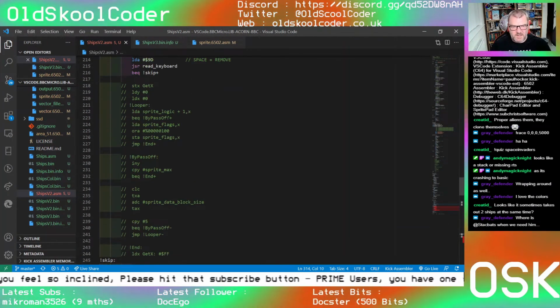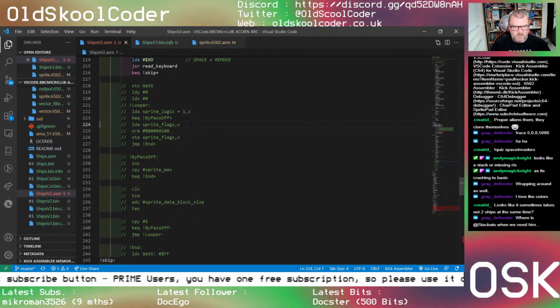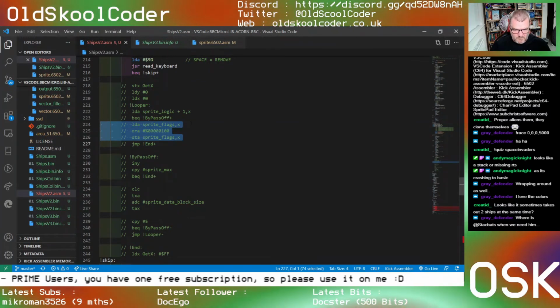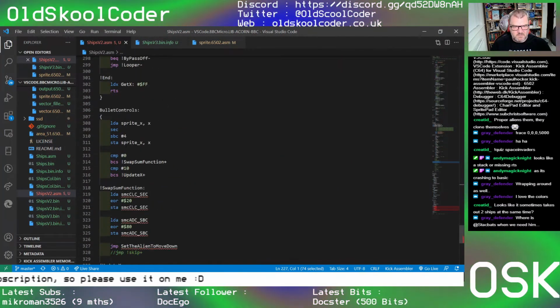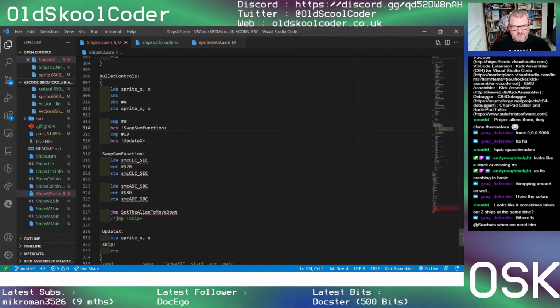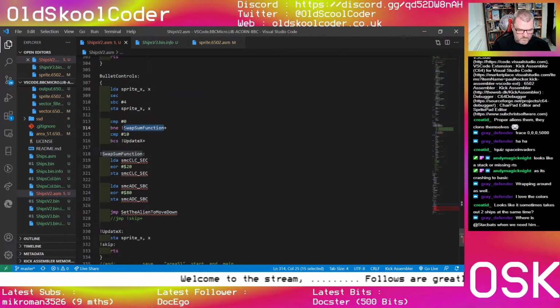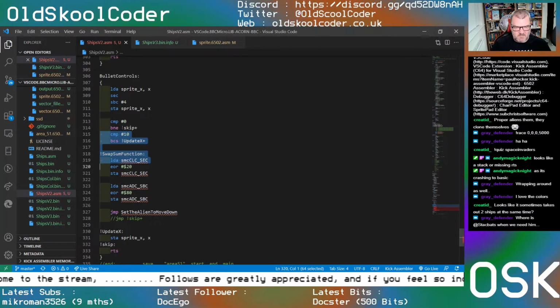So we can do that here. Yeah, here. So when it gets to 0, we need to turn it off. So branch if not equal to skip. If it equals 0,